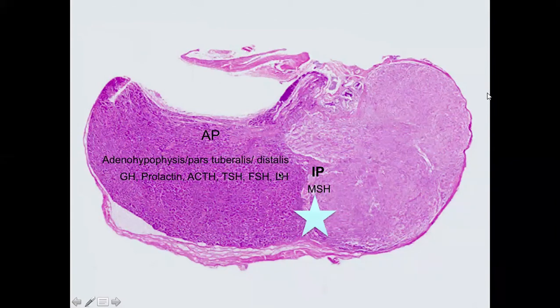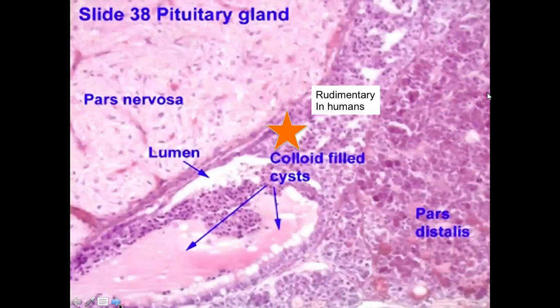So the anterior pituitary gland produces these hormones, no? The growth hormone, prolactin, ACTH, TSH, FSH, and LH. There's only one hormone produced in the intermediate or the pars intermedia, the melanocyte stimulating hormone. Okay. Whereas in the posterior,